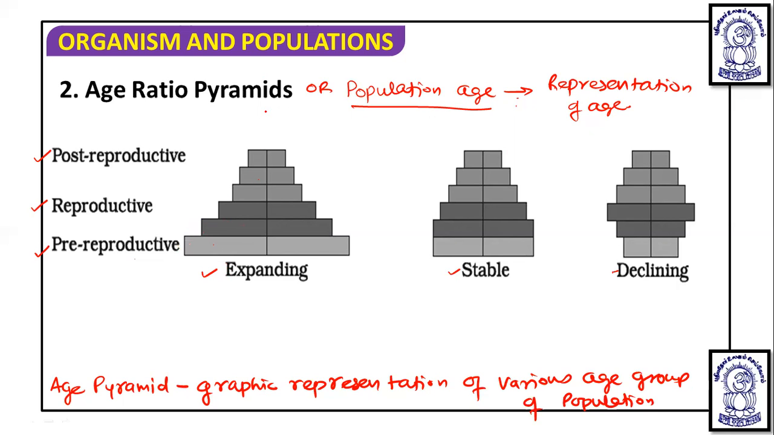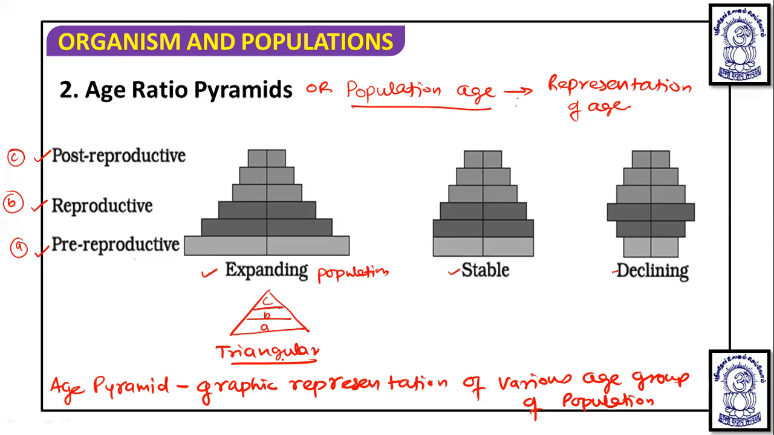So if we draw its graph, it looks like this. So this is the pre-reproductive. If I write it a, and b, and c, then this is a, this is b, and this is c. So in an expanding population, a triangular age pyramid is obtained. In a triangular age pyramid, the graphic representation of a young or growing population appears